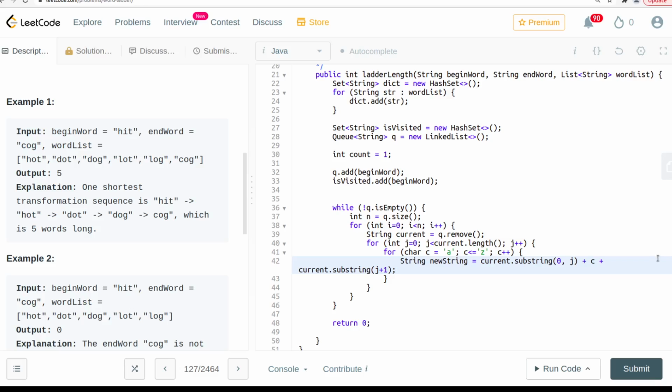Okay, so now we have the new character, we changed it and we have the new character. We want to check if the dictionary contains it or not, and that's the reason we changed our list of strings to a set, so that we can actually check it right away. And is visited should not also have that,